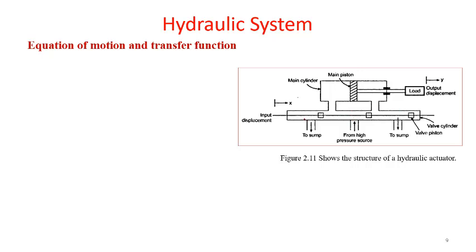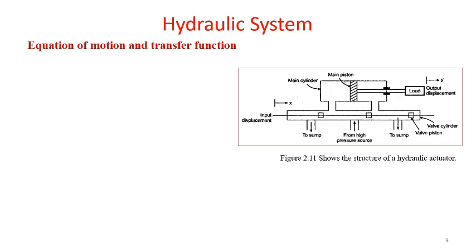From there the oil is going to reverse back. The oil is going through this port. This is the inlet port and this is the output port. So it is a two-way type of hydraulic system. It can enter from here and it can enter from here. The rate at which this piston is going to move forward and backward depends on the pressure difference which is created, and the pressure difference created between these two sides is because of the change in area.